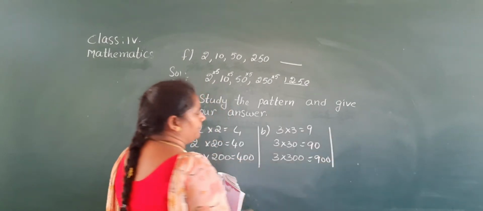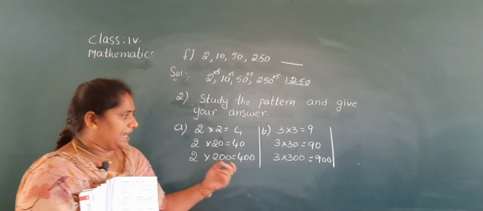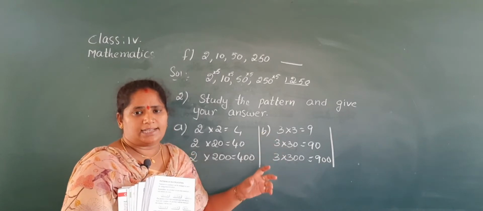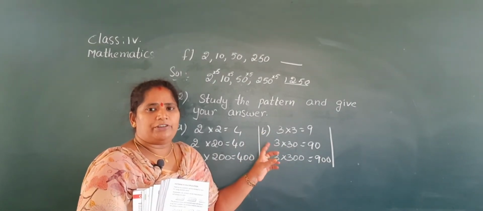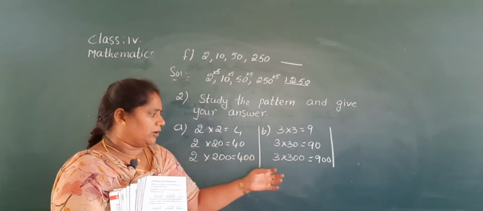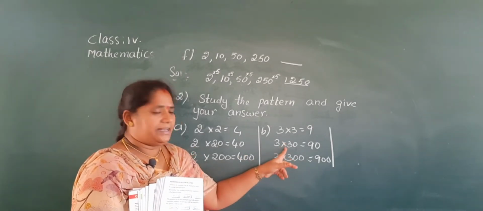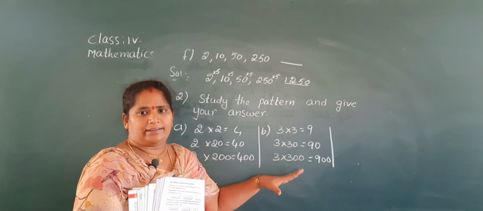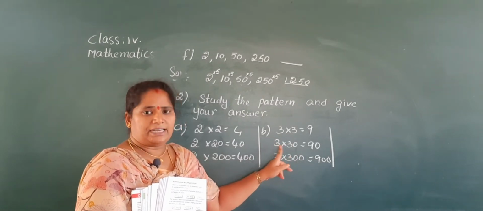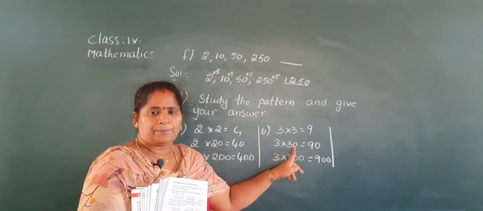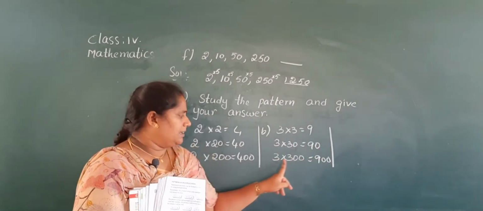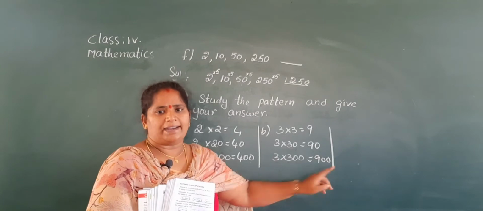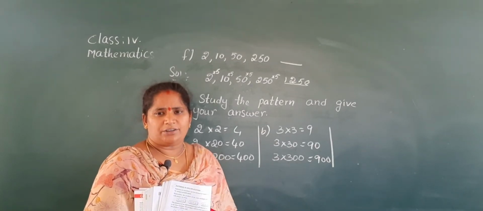900. Finish. Okay. If a number is multiplied by tens, hundreds and thousands, first you have to multiply the given number. After that you will keep 2 zeros or 3 zeros according to the number. So if the number is multiplied by 30, 300, first you multiply the given numbers. That means 3 into 3. 3 3s are 9. And here 1 zero is there, 90. 3 into 300, 900. Okay ma, is it clear to you children?